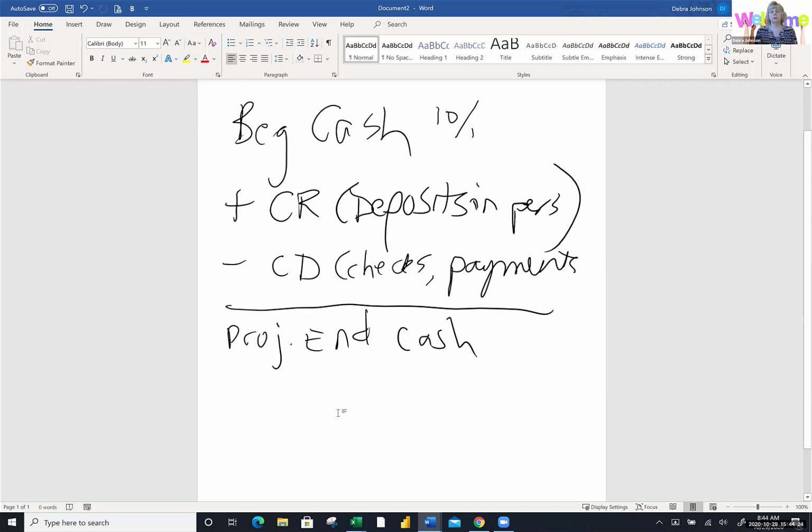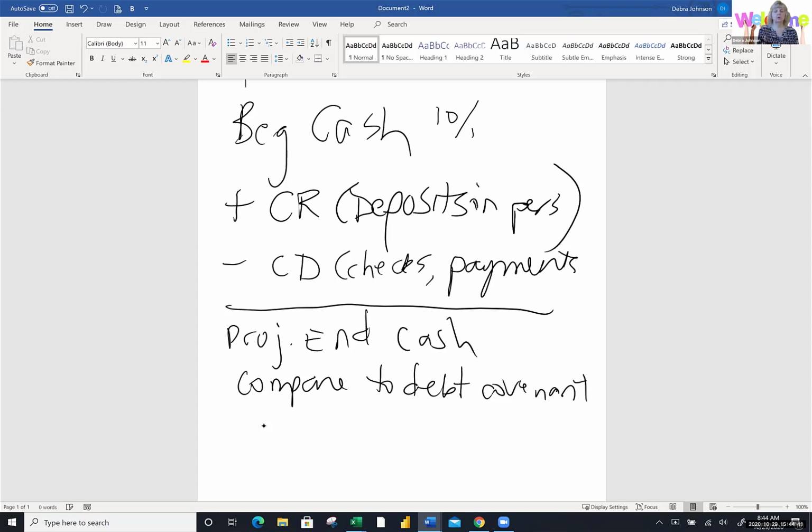And here's probably the part that is new to you, because most of us, at your age, probably don't have debt covenants. You want to compare this to any kind of debt covenant. What does that mean? It means if I've made a promise to my bank to have $30,000 at all times, and this has fallen below, then I need to pull from the line of credit. Excuse me. And one of 2 things can happen. You might need more dollars from the line, which means you're going to add to the line,